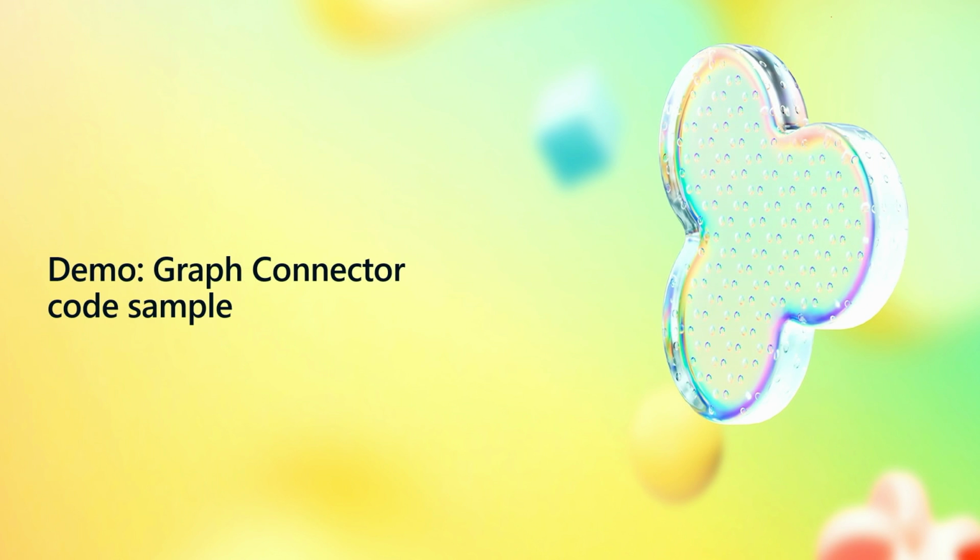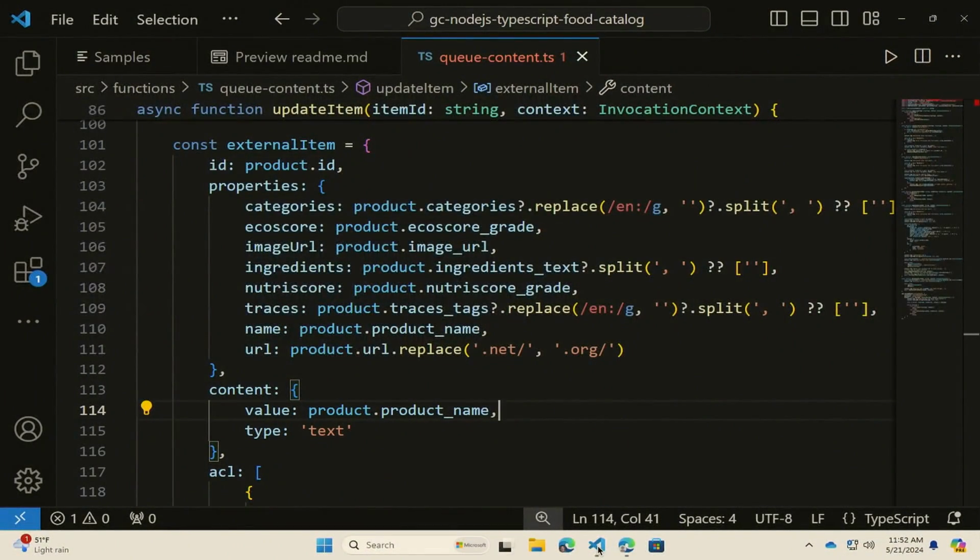Now, if I go over to some code just to show you how you can get started as a developer here, I'm just going to switch over to my machine. You'll see I have some code on the screen. No, you don't. There we go. And this sample is available online.